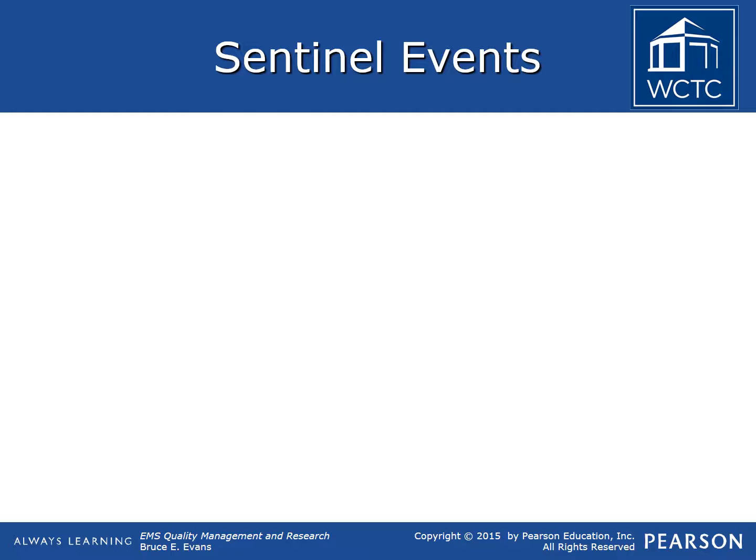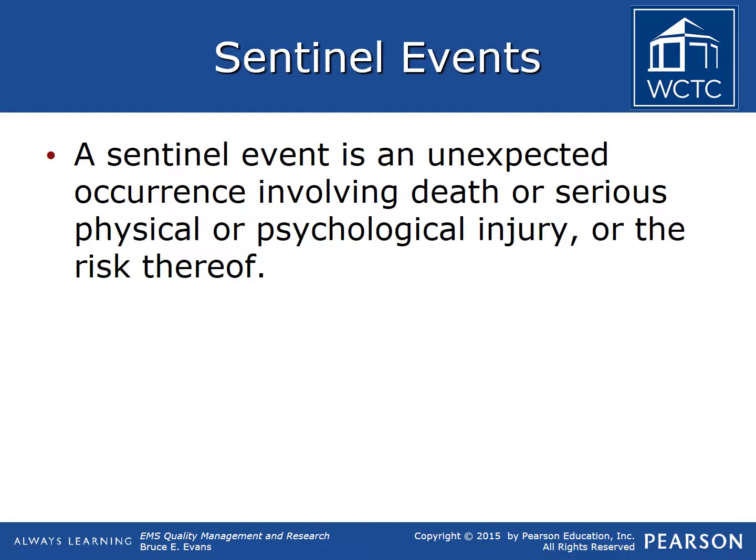Looking further into how quality is defined within or by an EMS organization, it is also necessary to define a Sentinel event. Sentinel events are those unexpected occurrences involving death or serious physical or psychological injury. A serious injury includes the loss of function of a limb. If there is also risk of death or serious injury, that too qualifies as a Sentinel event. These are essentially the "oh no," gut-wrenching events that no one wants to see in a patient care setting, where a lapse in quality results in harm to a patient.